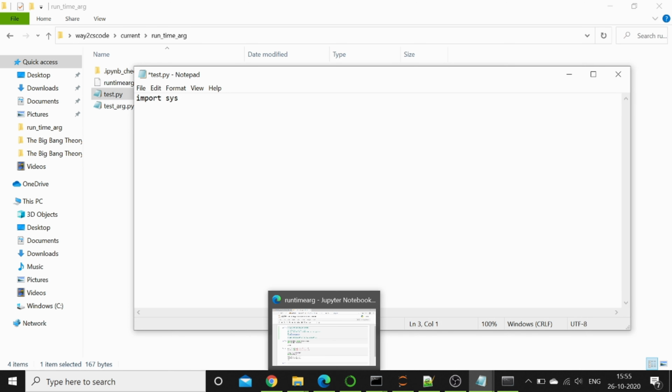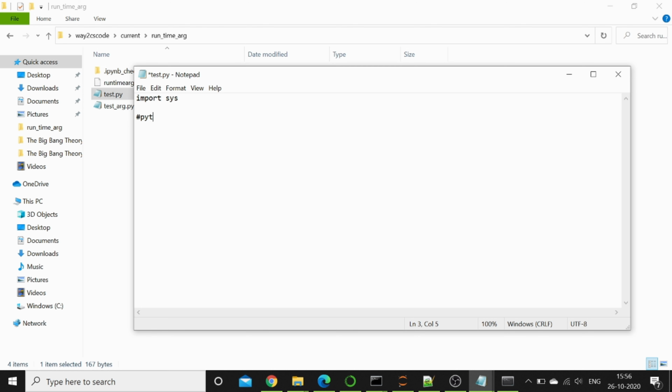this is how we normally run. Like we'll run it like python test.py, and we'll provide some arguments, like if you want to sum up 1 and 2, then we'll provide it like this. So this first file name is considered as the zeroth argument at 0 index, and this is considered as the argument at first index, and this is considered as the argument at second index. So if we want to capture this one, then we have to write something called sys.argv,